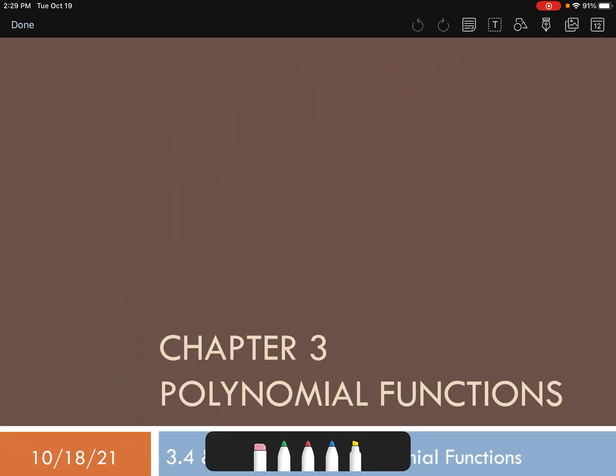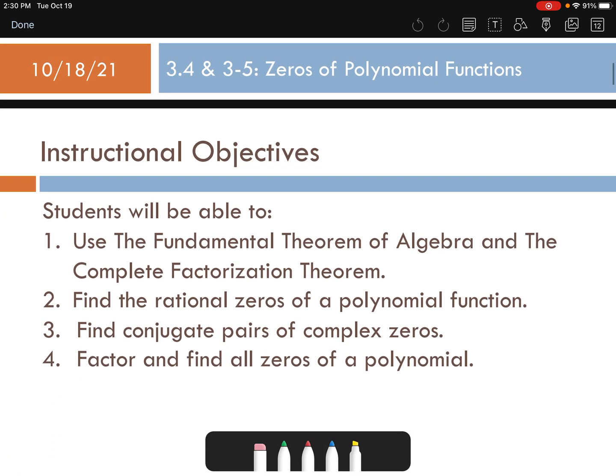Today's lesson is on polynomial functions again, but this time we're going to focus on zeros and how to find them. So we will be using what's called the fundamental theorem of algebra and the complete factorization theorem to find some rational zeros of a polynomial function. Then in part 2 of the lesson, we're going to find conjugate pairs of complex zeros. And then we're going to factor and find all the zeros of the polynomial, which could be complex and or